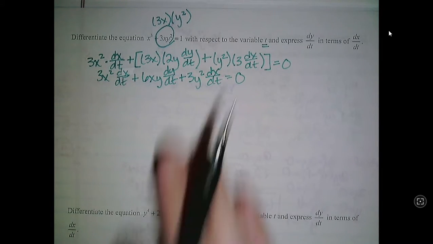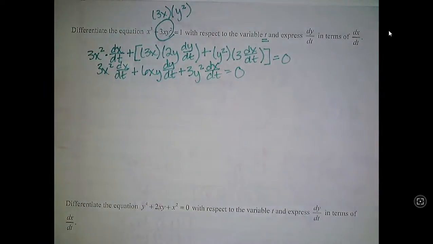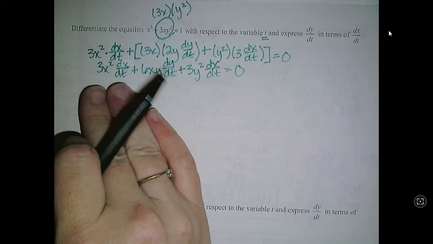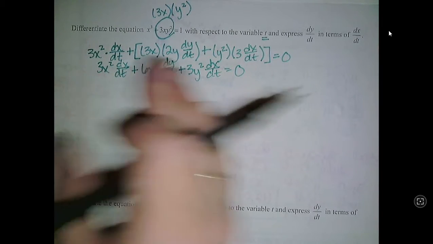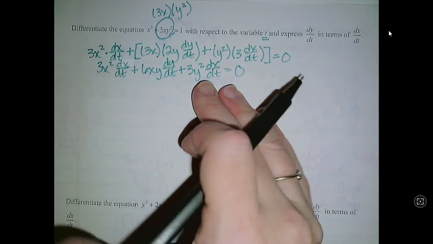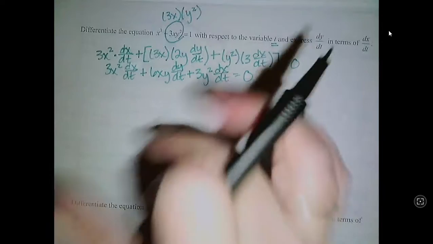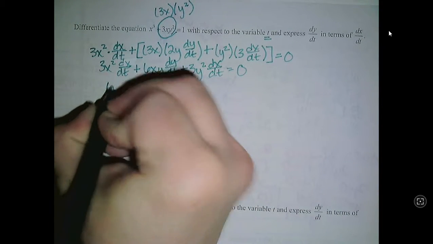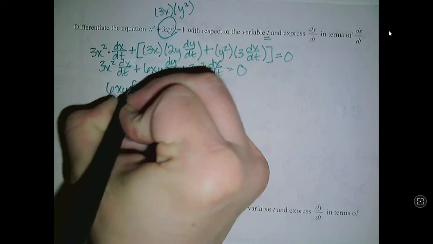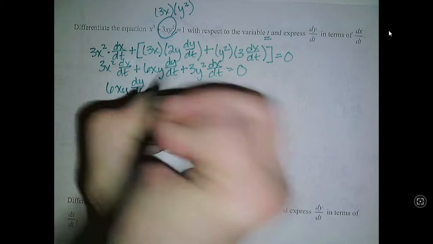And I want dy dt on one side, so everything with the dx dt I'm going to move to the other side. So I'm going to subtract this 3x squared dx dt. I'm also going to subtract this 3y squared dx dt, and that's going to leave me with 6xy dy dt equals